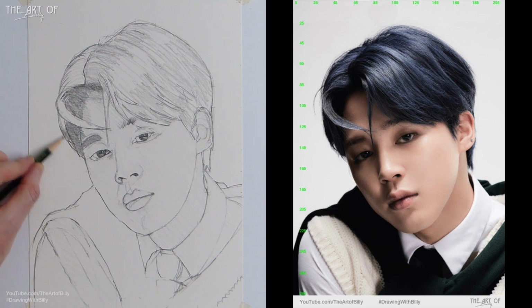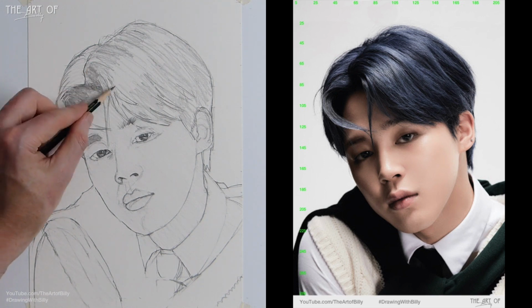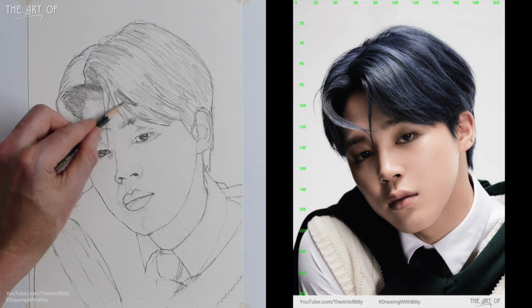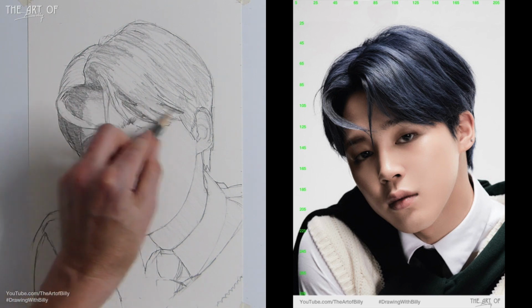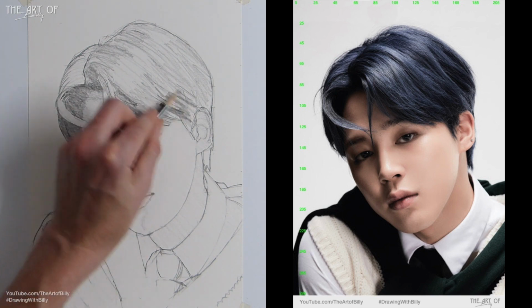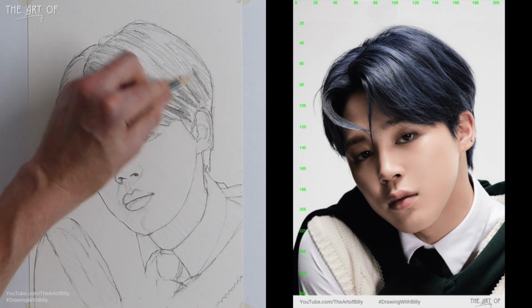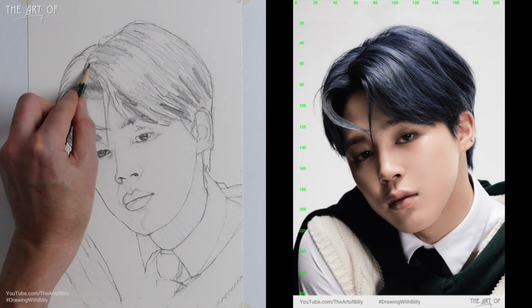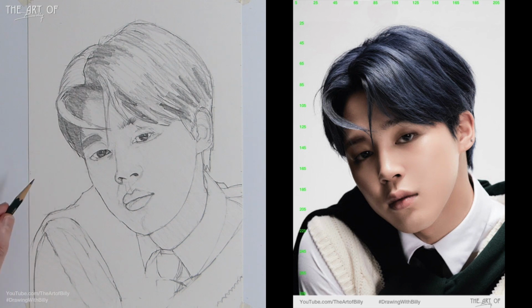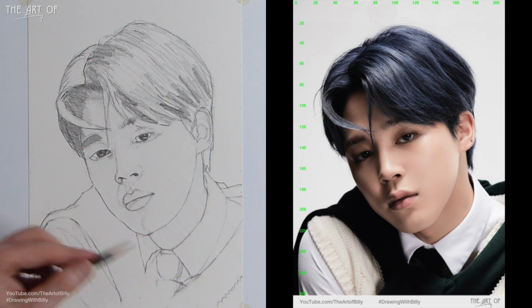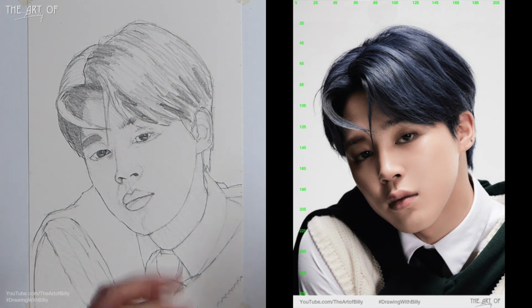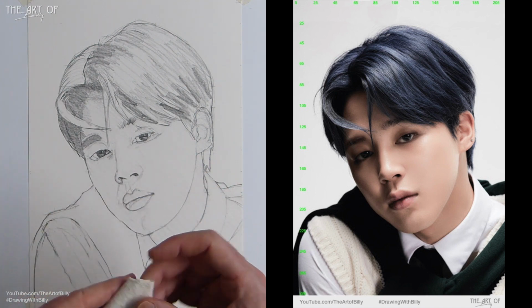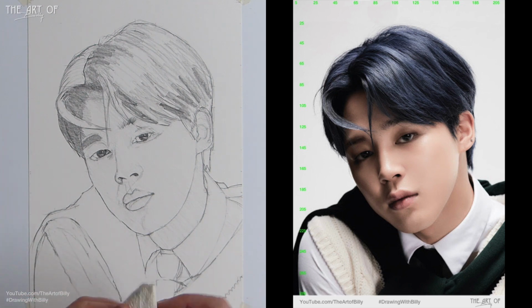Now this is all with the 2B pencil. We will make it darker with a 4B and possibly even an 8B. This is just giving a very quick indication of where the darks are going to go. Now I'm not going to do this bit because we're going to do a lot of work and that will mess everything up. Now I'm going to come in with a piece of kitchen roll, toilet paper you can use,